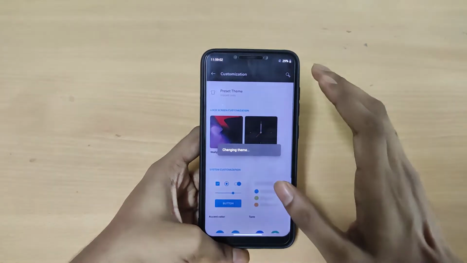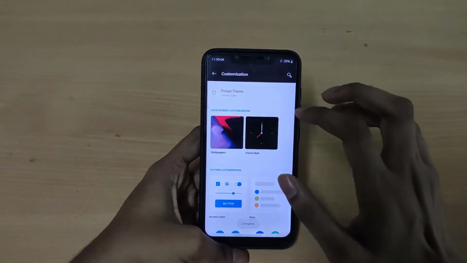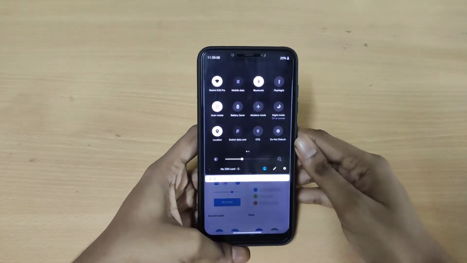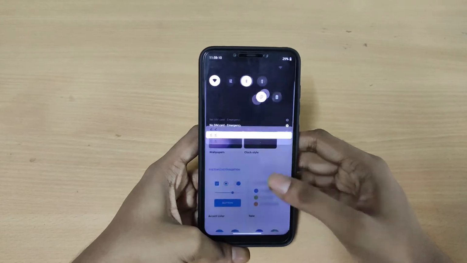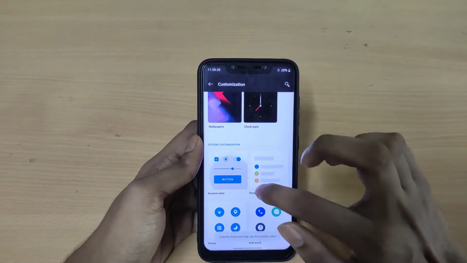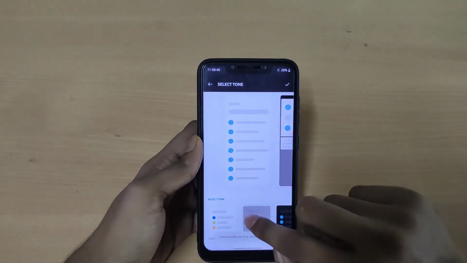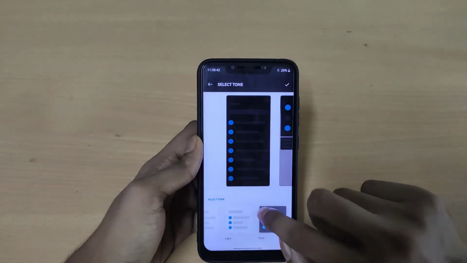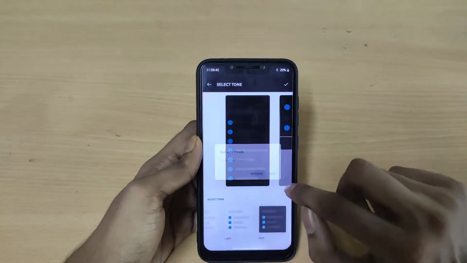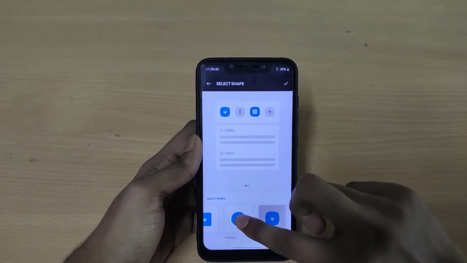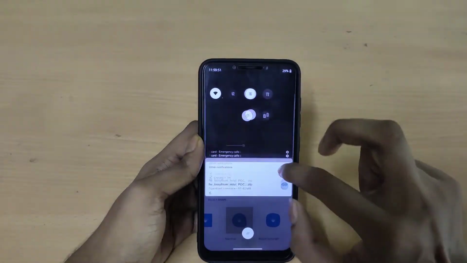There's also a vibrant theme. As you can see, it's like black and white. This theme looks really good in my opinion. You can also customize the buttons, and here, as you can see, you can select the tone however you want. I'm gonna discard that. You can also change the shape of the icons. So if you want teardrop,